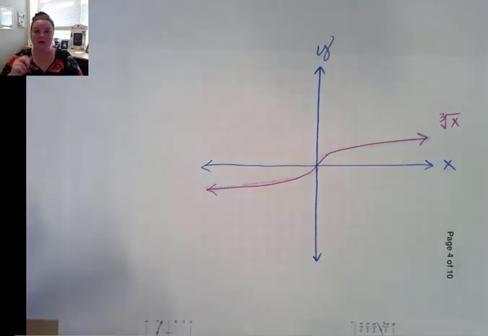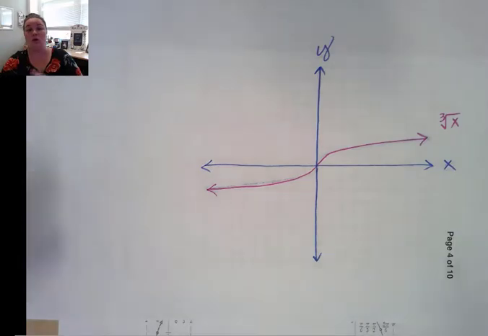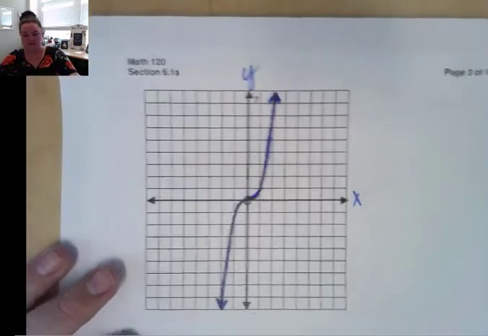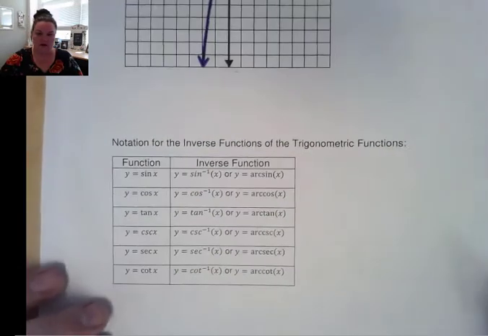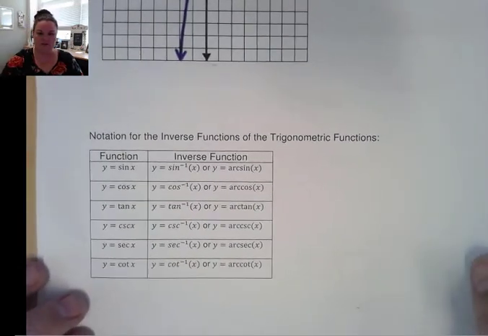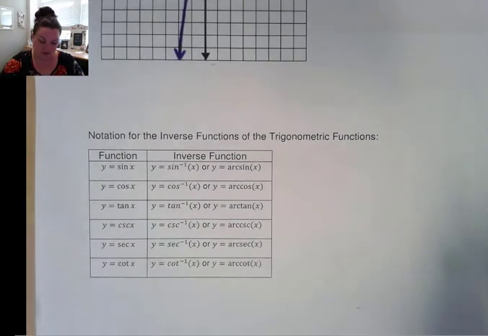Okay, so I want to do this with all of the trig functions so we can see what their inverse functions look like. Okay, all right, so let's go back over here. If you'll notice at the bottom of page 3, there's this little chart here, and this is just more of an FYI, for your information,